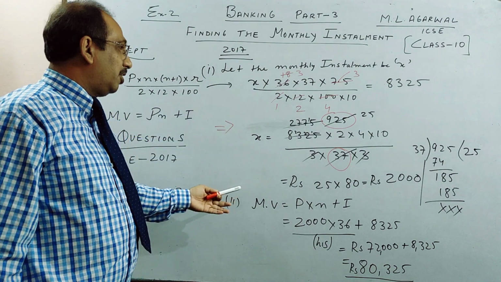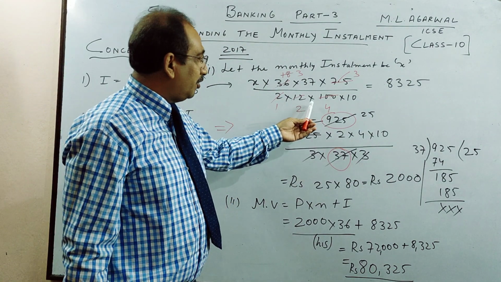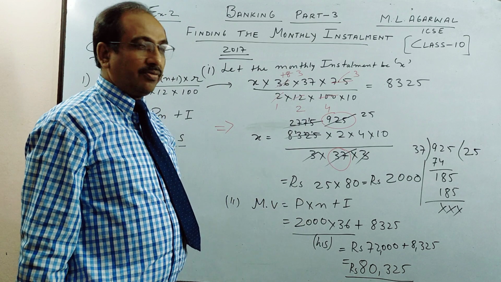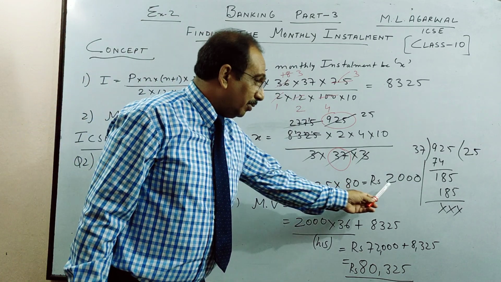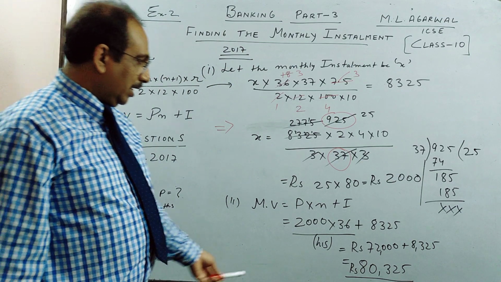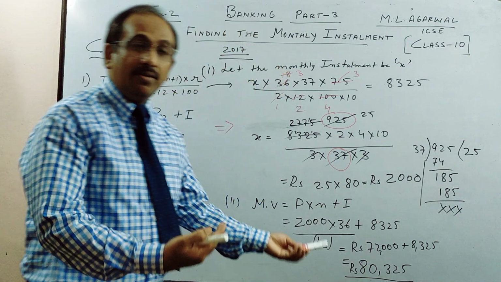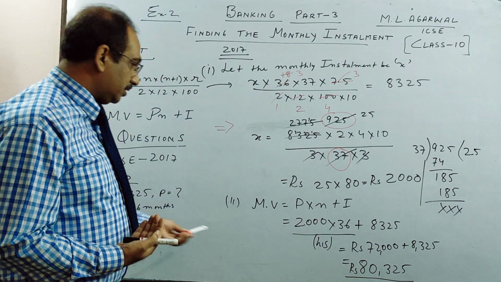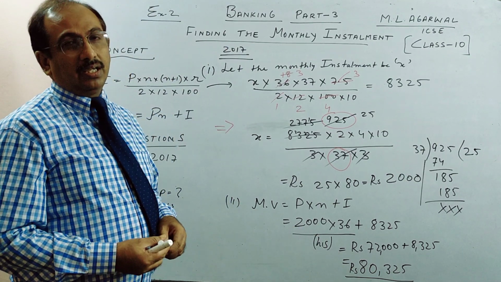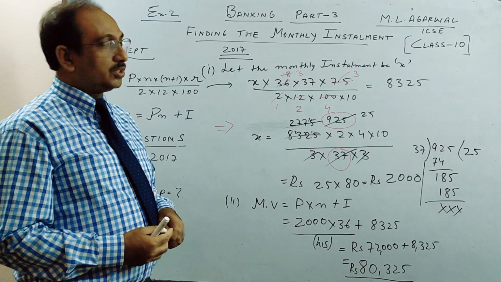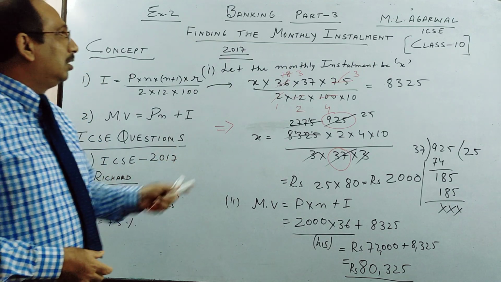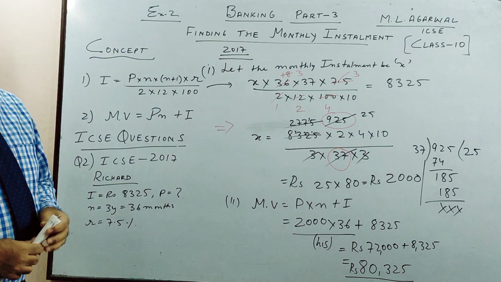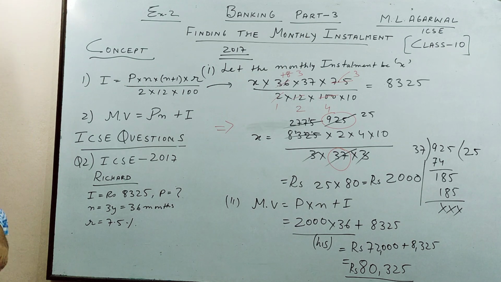So this may be a 3 or 4 mark question. Generally, for correct substitution and writing you get 1 mark. Getting your monthly installment, another mark, and getting the money he gets back after 3 years, another mark. So this may be a 3 or 4 mark question. So please try other solved and unsolved examples on monthly installment. So please pause the video and copy, and thank you, boys, for watching.